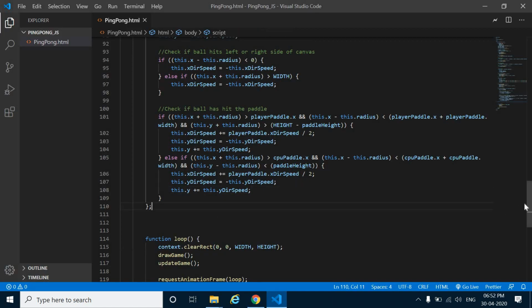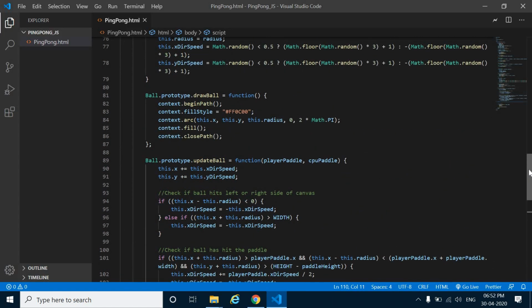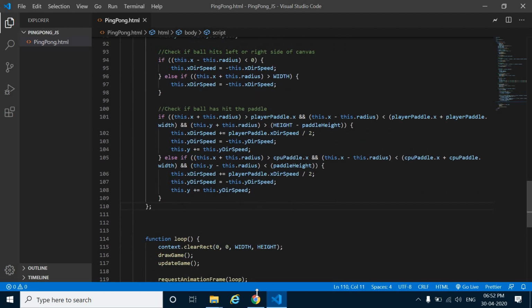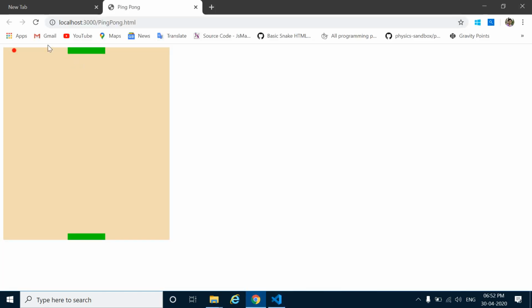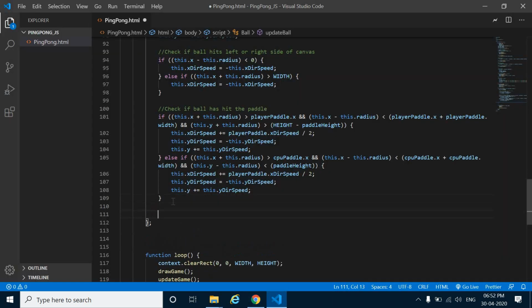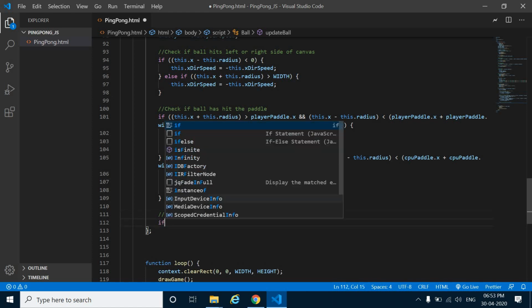So now, let's check: when the ball is crossing the bottom of the canvas, or it is going past the top of the canvas, then the player has lost. So for that, we'll add another condition. Check if the ball has missed hitting the paddle. And for that, we'll do, if